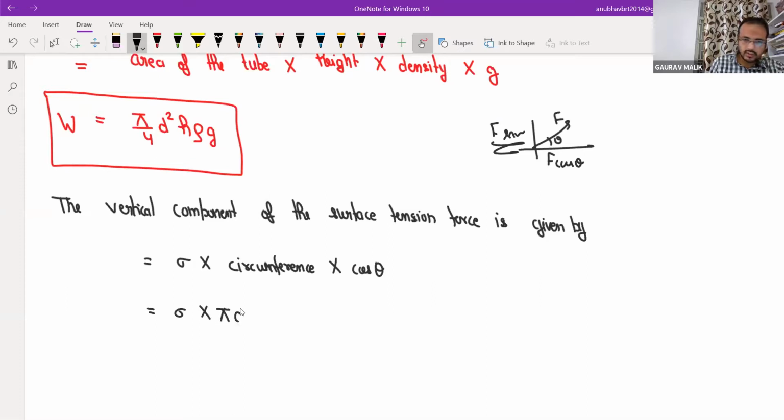Sigma into pi into d or 2 pi r into cos theta,